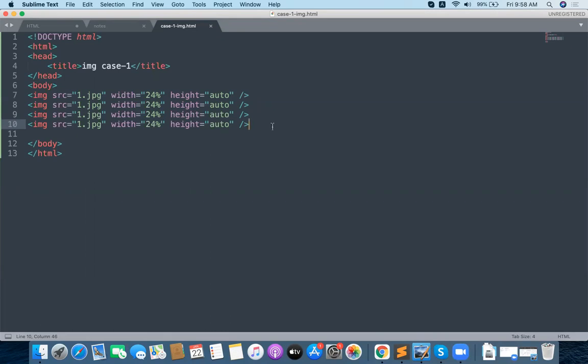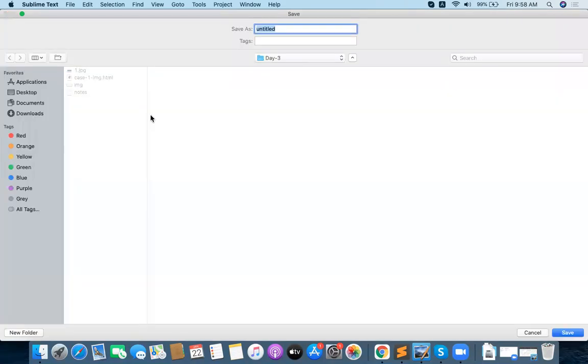And this is the first case of loading images, which we already did. A lot of images you can take, no issues with that. If you place four images, you can apply the percentage, and automatically all the images can be loaded on top of the page. Not an issue. What is the second case now? The second case is very simple: images from a different folder.